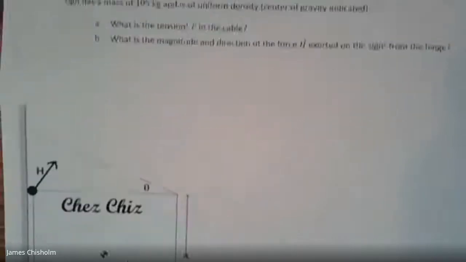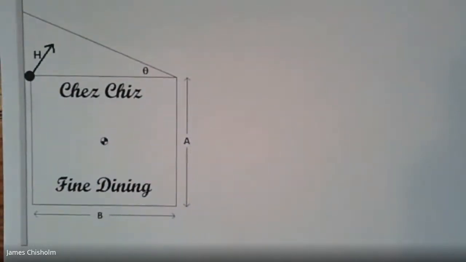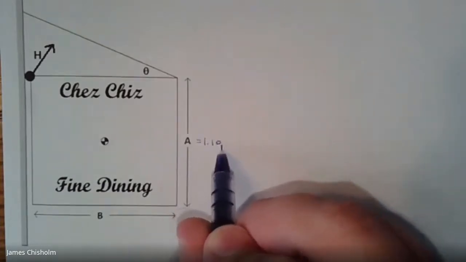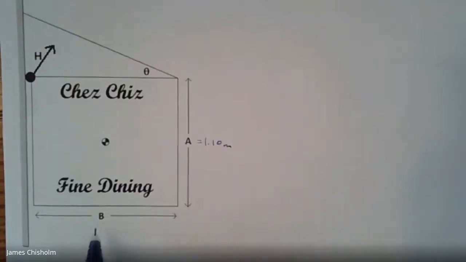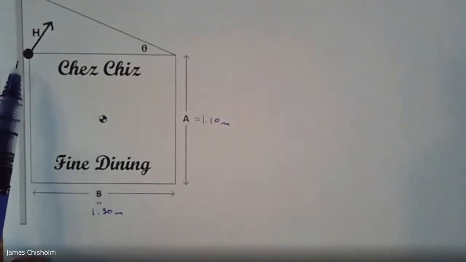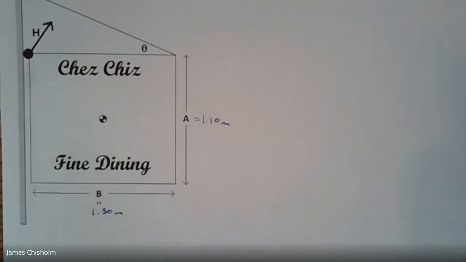So I'm first going to slide up and show this picture while I read the problem, or you can rewind and freeze frame. But we have this rectangular sign and has given dimensions: this length A is equal to 1.10 meters, and this width B is equal to 1.3 meters. It's attached to a wall by a single hinge in the top left corner, supported by a cable